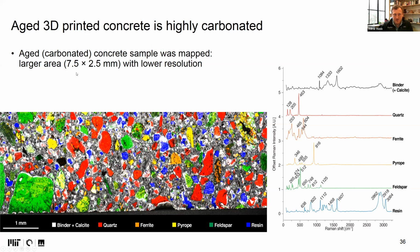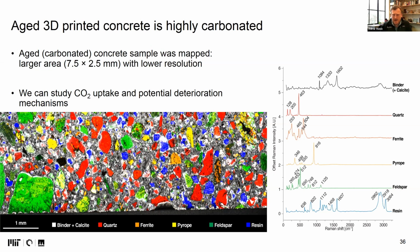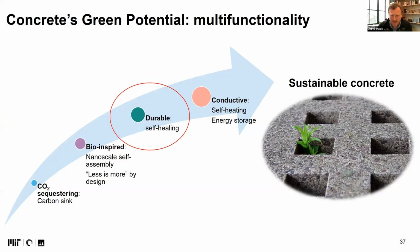And here is the Raman image of a carbonated concrete sample. Here we are talking about large areas, about a centimeter by a quarter of a centimeter, so a big chunk, characterized to a resolution of, I think, 1 micron in this image, and mapped all the phases that Raman can be used for. Of course, there is a lot of calcite carbonate phases in this binder, and I think this could be the technique to go for when it comes to carbon sink studies. All right, so this is the last part that I will cover today, about concrete's green potential,